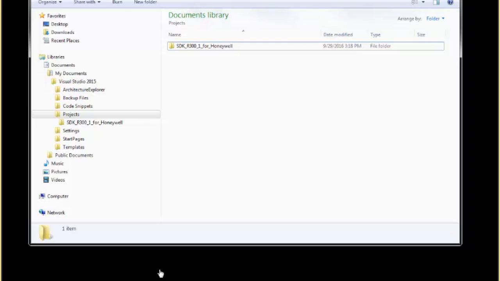So what you see on my screen here is just a VM. All I've done on it is install Visual Studio. In this case, I've installed Visual Studio 2015, and I have taken our executable, which is our distribution of the SDK. It's an executable on Windows, and I've just run it, and basically it's just an archive that gets expanded, and I've expanded it under the Visual Studio's normal location where it wants to have projects,